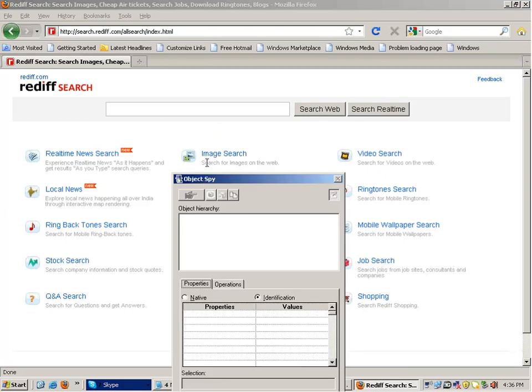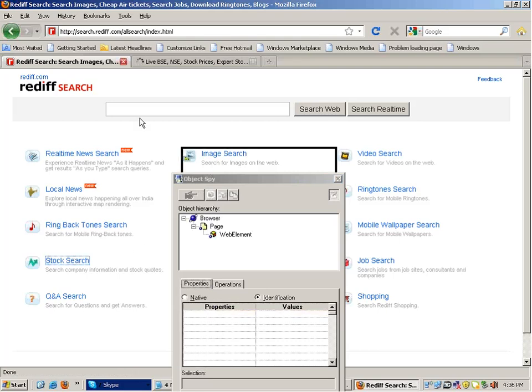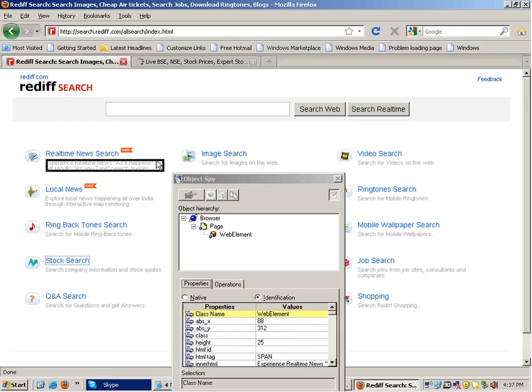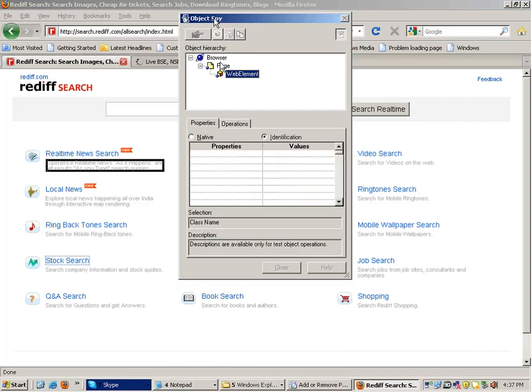You can move the Spy, or if you want to click on any link, you can click on it, but make sure the control button is held down. You cannot click on the page when the Spy is working. Holding the control button disables the Spy window, so you can move the window, click anywhere inside it, see the properties, right click on a property, whatever you want to do.